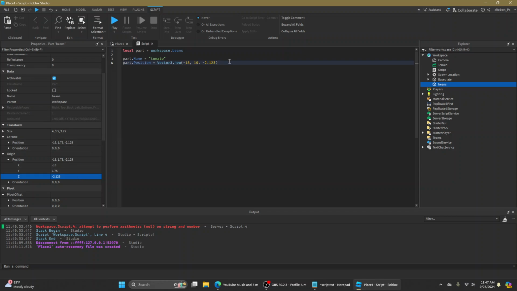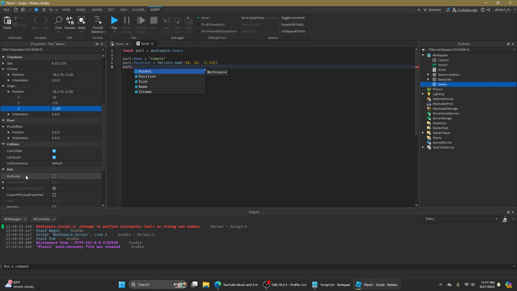Alright, and then we're gonna make a part, and then dot, and then we want to change anchored, right, so that it doesn't fall. So anchored, if it's on, it makes it so the part cannot move at all. So if you turn it on like anchored like this, not top surface, anchored. So that's it. And since it's an on and off switch, you have to do equals. You don't equal to a number like this. You don't equal 1, or you don't put on. You have to put a true or false. So true,